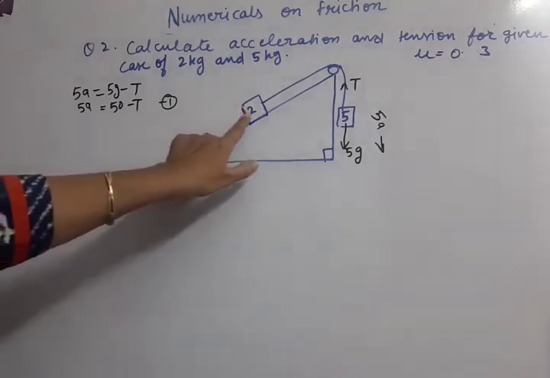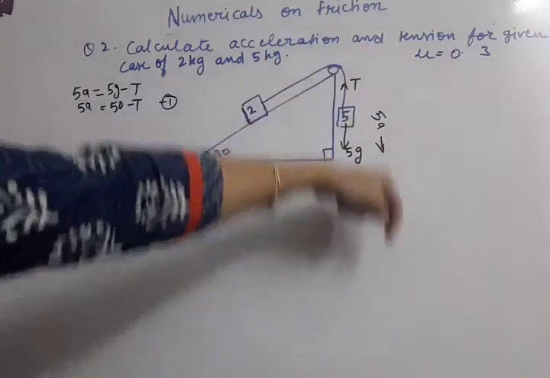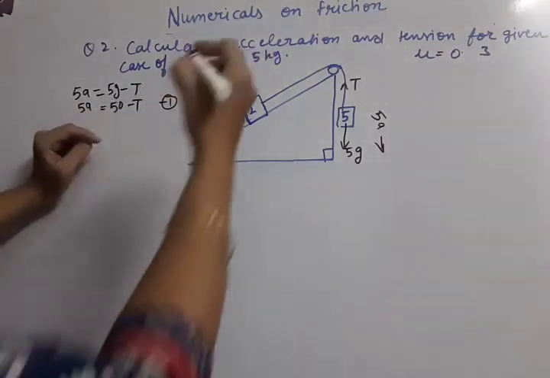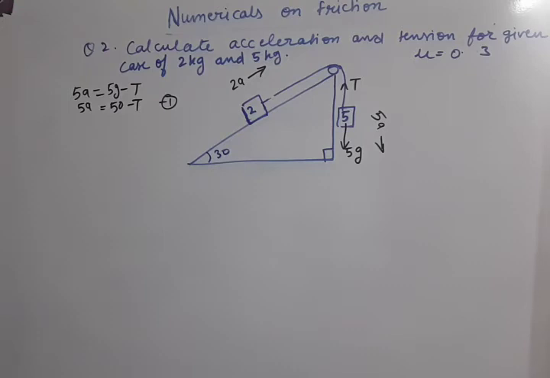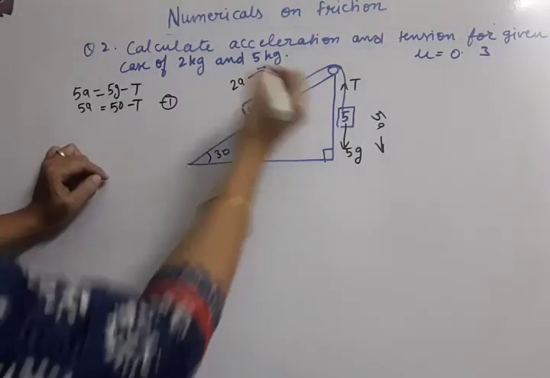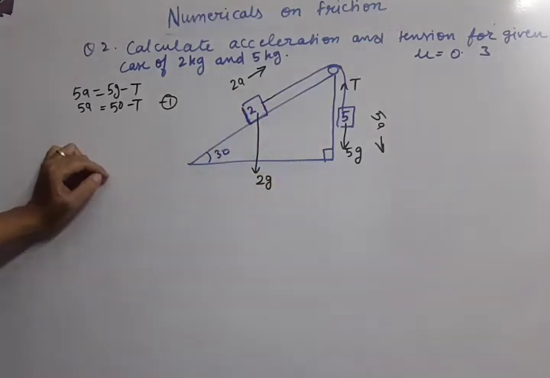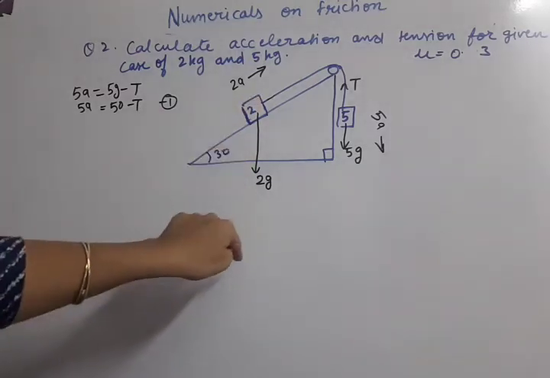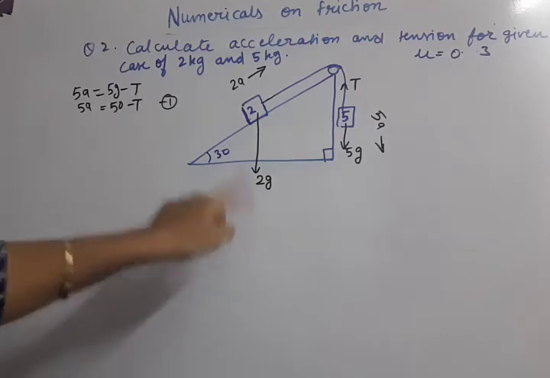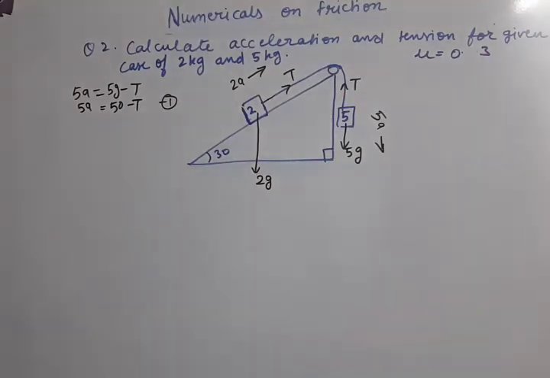Now let us come to this 2 kg which is sliding over this inclined plane. Because the 5A direction is downwards, the 2A direction will be upward. So first is the force of motion, 2A, upward. What all forces can be there? As you already know, weight mg, that means 2g, is always vertically downwards. You notice that here also I have shown the weight vertically downwards. After that, tension T is in this direction because the string is present. So tension T we have to show towards the support.